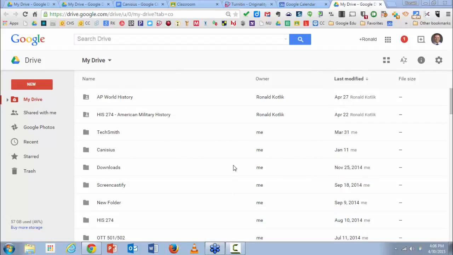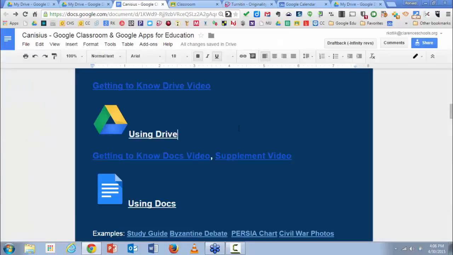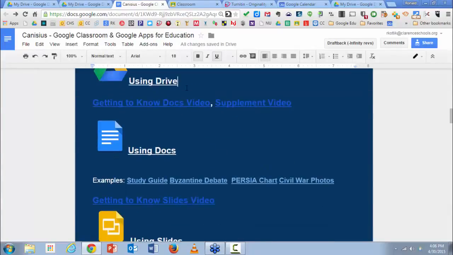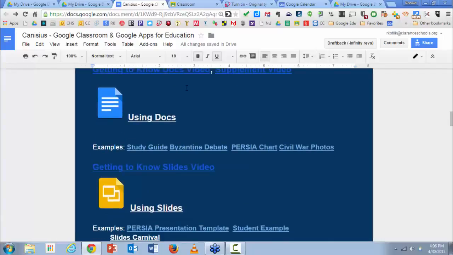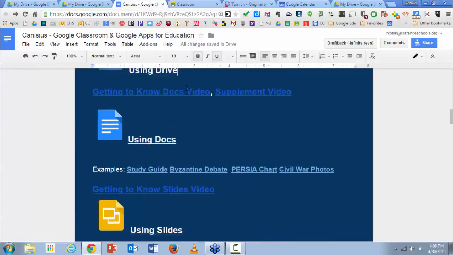But Google Drive really is your launching spot, your starting spot for really using Google Apps. Okay, so if you go back to this sheet, I have a great video here on how to use Google Drive in much more detail. So let's talk about docs. Okay, now docs are fantastic, and docs are great for making your own Word documents. I say Word, but anything you need to word process. But what's really great about Google and the focus of this webinar is the great collaborative aspects of Google Drive